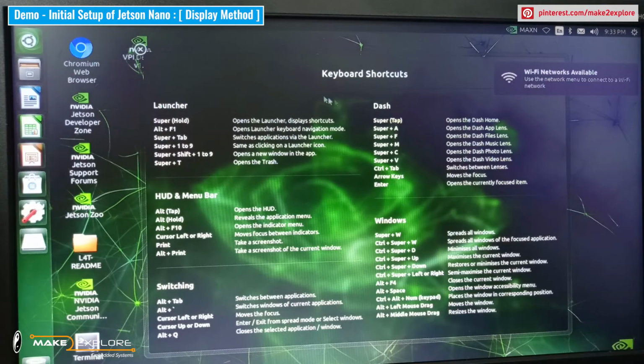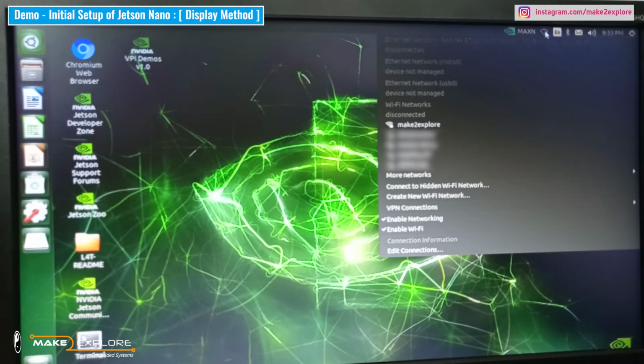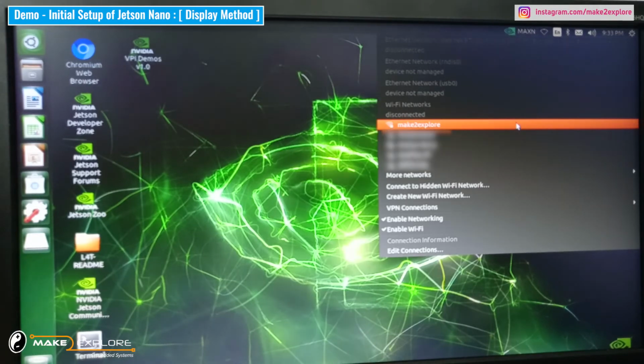Once you get the Ubuntu welcome screen, go to the top right corner and make sure that you have connected to Wi-Fi correctly.